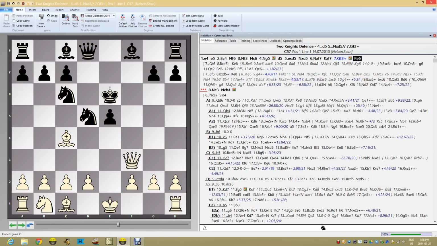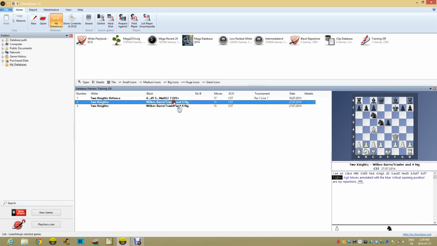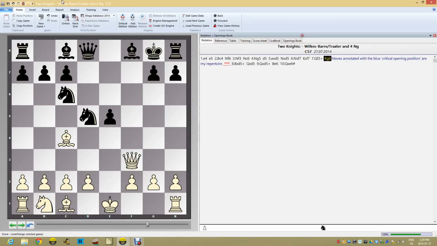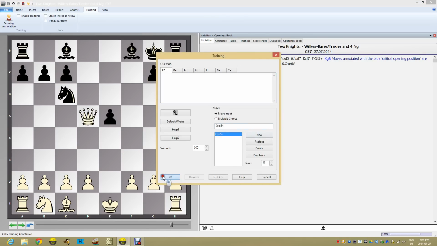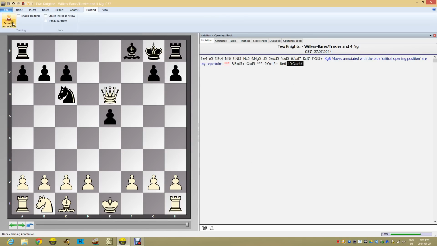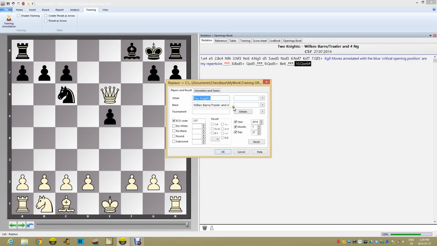But what it's now done is it's got a situation where you can go through, you can keep hitting next, it'll go through them all. But if you just want to do one, you can pick any one of these. Even if I open this off and take this off and just take the training off for a moment, I can go through and say, okay, well, bang, let's make that training annotation, and then bang, let's make that training annotation. So now when I go through this particular line, if I file and replace,